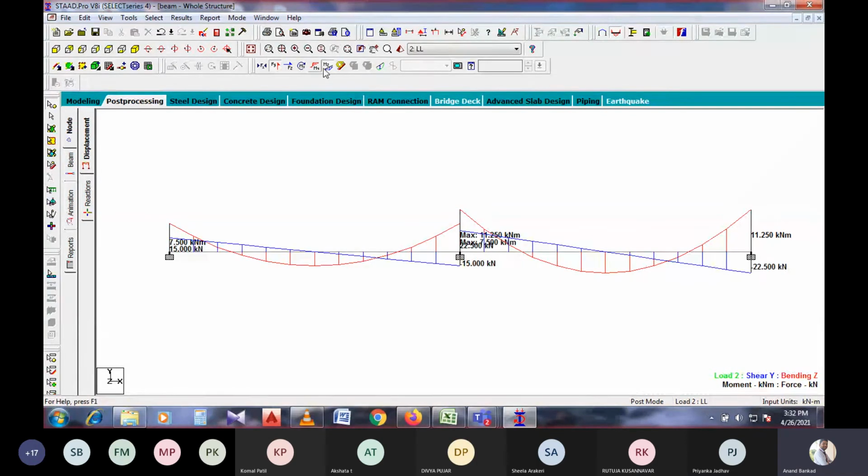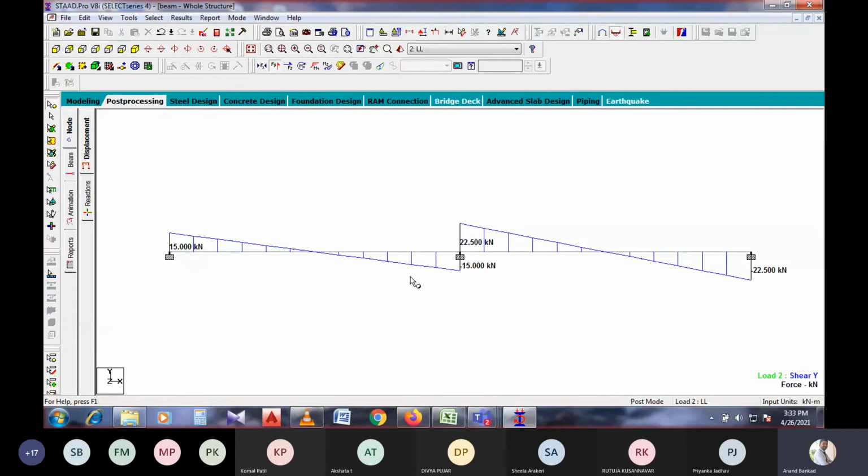So in a similar way we have the shear force values. So shear force, can you calculate it now? It is for 10 and it is for 15. WL by 2, that is W is 10 and L is 3, 30 by 2 will be 15, correct?